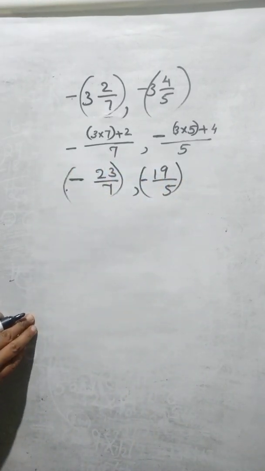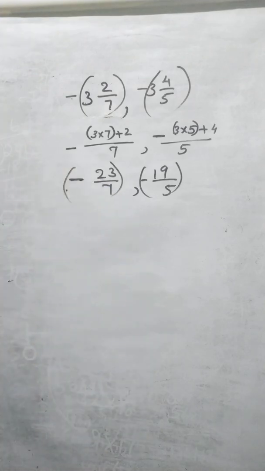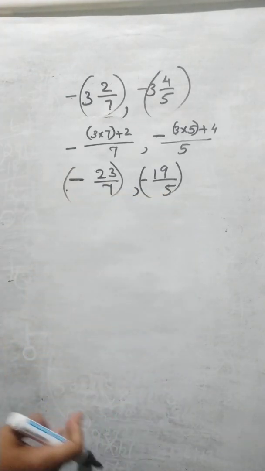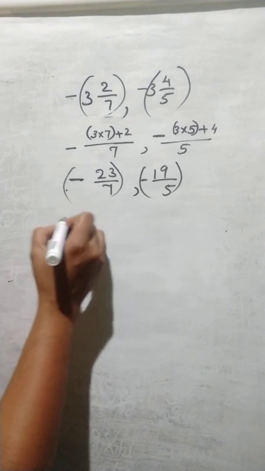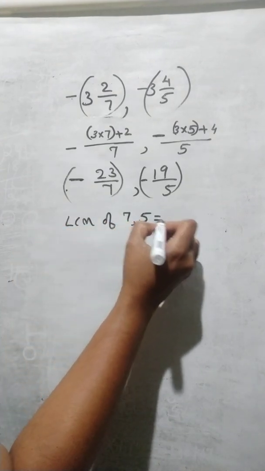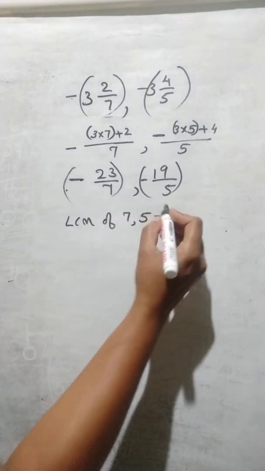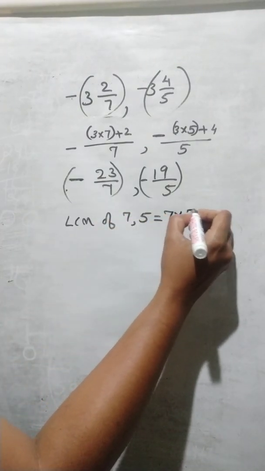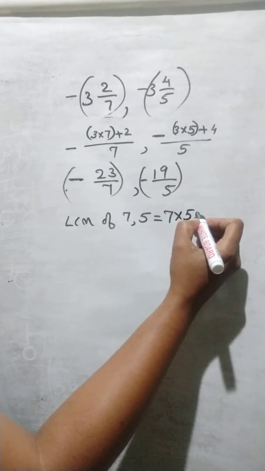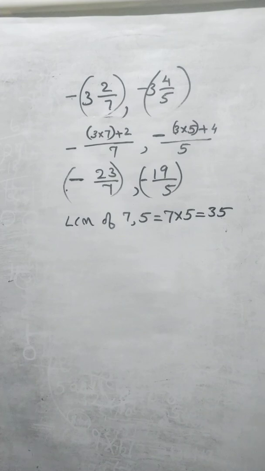So the next step is we have to make the denominators the same. So here we can find the LCM of 7 and 5. There is no common factor. Here the common factor is 1. So we can multiply these two numbers to find the LCM. 7 5s are 35. Okay. Then